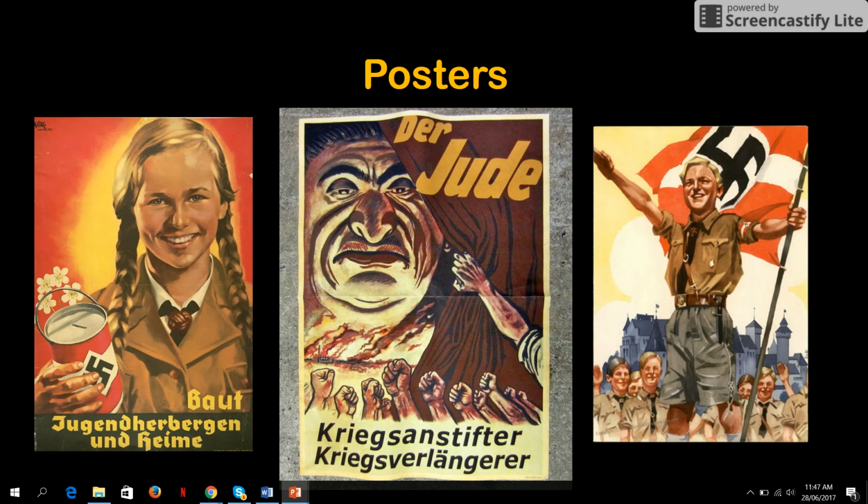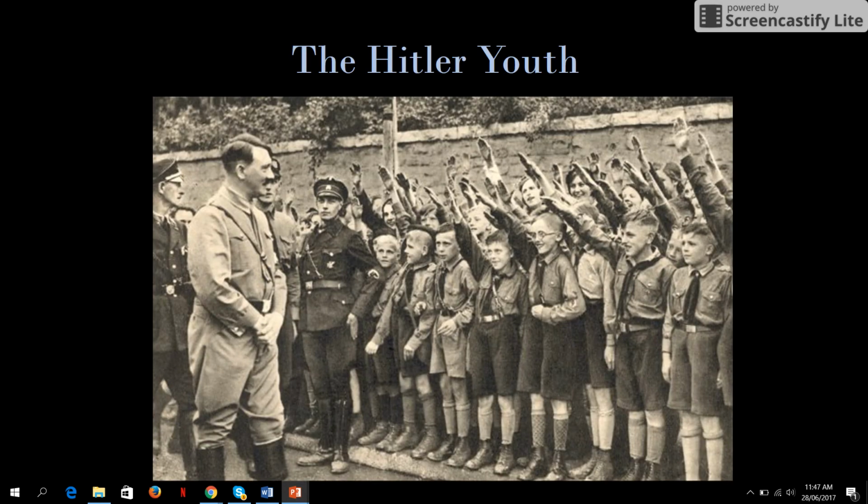So you have posters. Of course, you've probably looked at posters like this before to do with World War One, but the Nazis used images very effectively to either promote their cause or to make people look bad, like the Jewish one in the middle here. There was also the Hitler Youth, which was a program to get young people involved and very supportive of Hitler as well as the Nazi movement. And you can imagine that children would have taken to this a lot easier than some older skeptical adults.